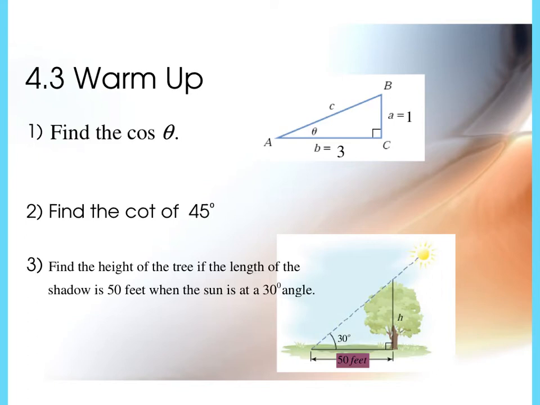Right triangle trig, right? The magical acronym that is SOHCAHTOA, that helps us get through all this stuff. Okay, and then we talked about 30, 60, 90, 45, 45, 90 triangles, and then the word problems, all that stuff's in this section. So for the first one, it says find the cosine of theta, and I set